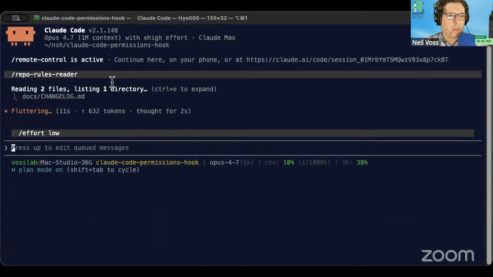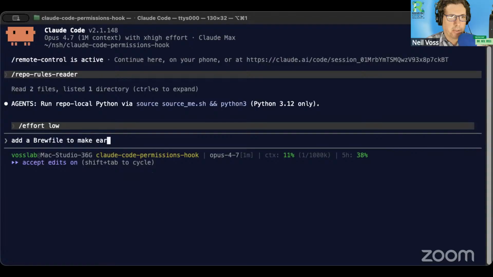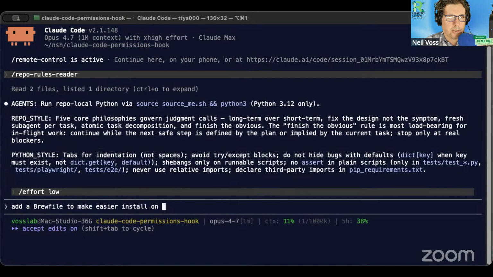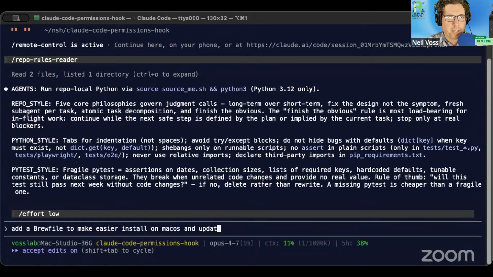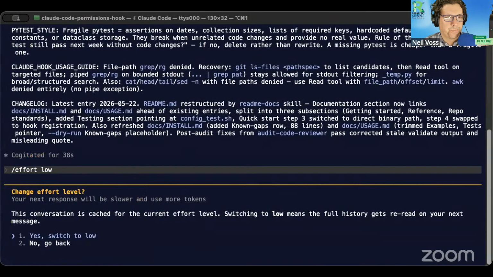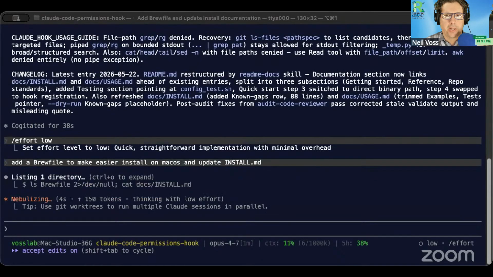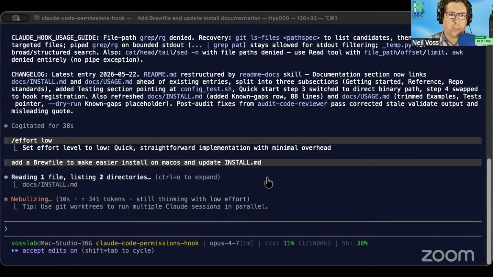I can start this session on my computer here, and then add a brew file to make it easier to install on Mac OS and update install.md. So we have this thing running like this, and then I can go to Claude Code